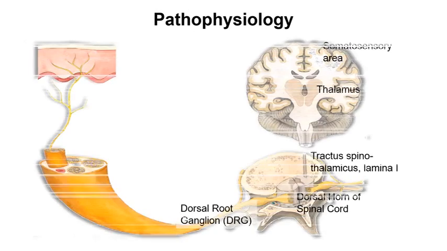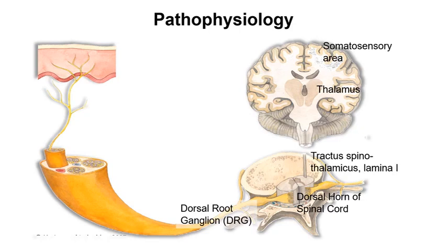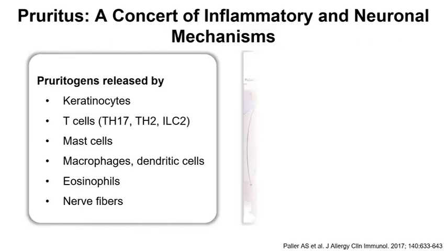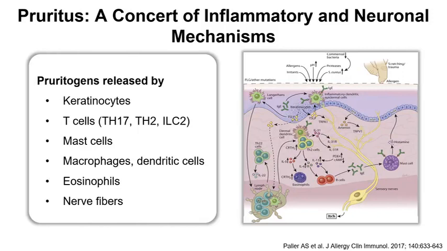Yeah, now we come to what is known about the pathophysiology, which routes are known in the central and peripheral nervous system for pruritus transmission. So we start, of course, in the skin, and we know that here all structures and cells might be involved in the generation of pruritus. And the most advanced research is in the field of atopic dermatitis. So here you see a graphic summarizing what's known in atopic dermatitis. And I'm sure you know this graphic.